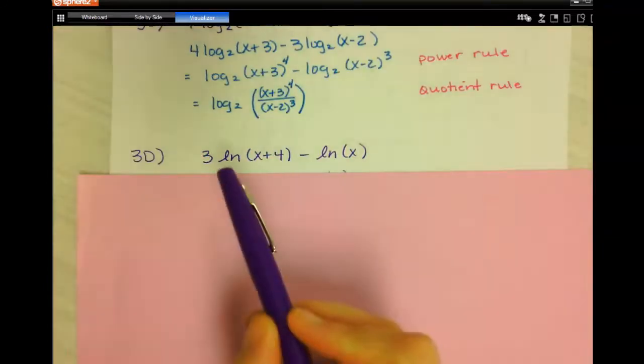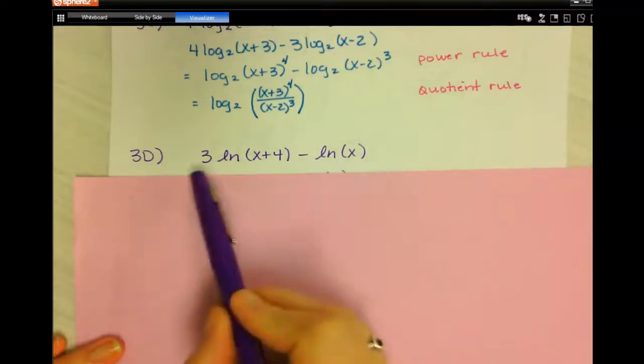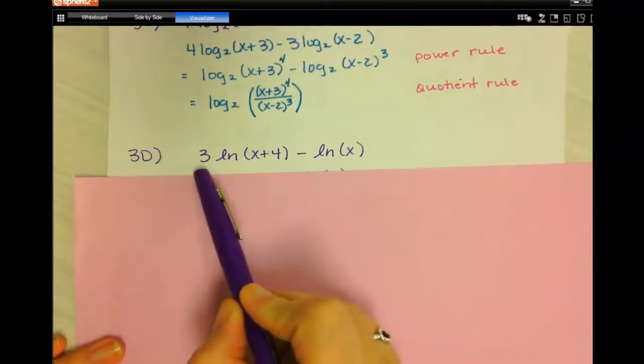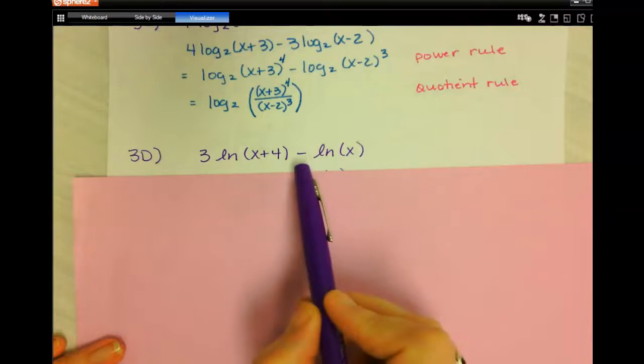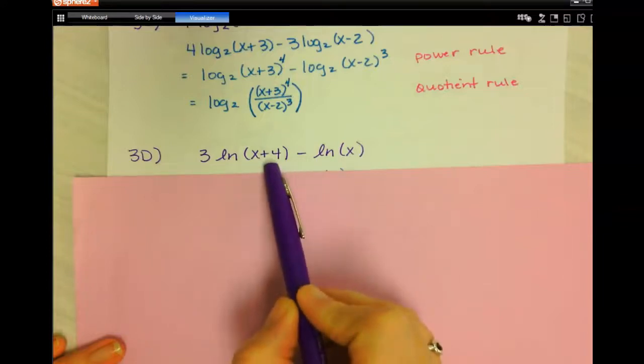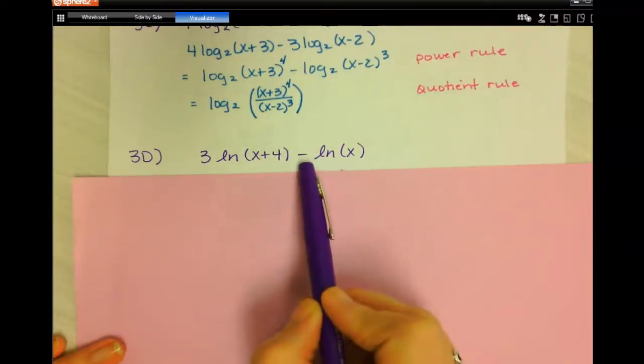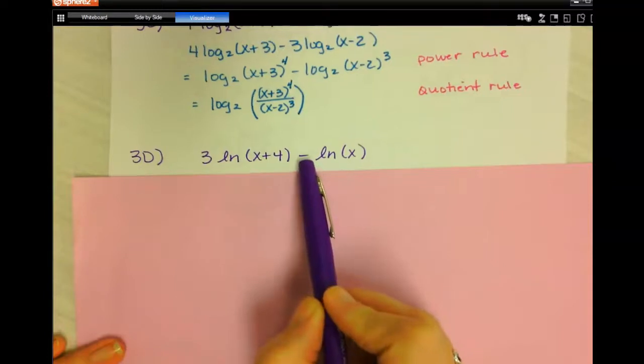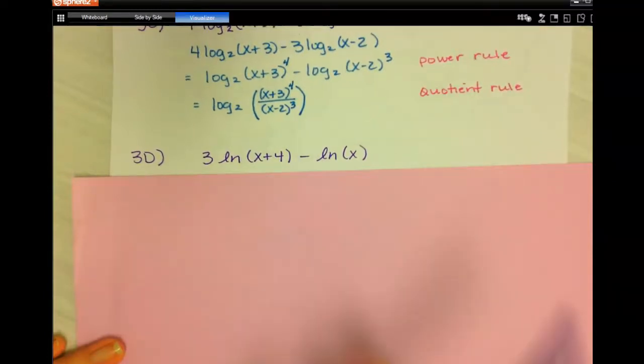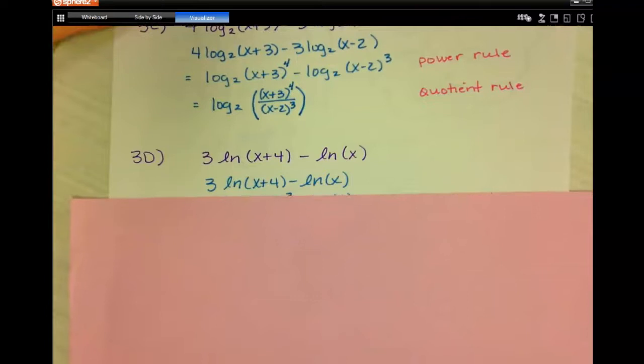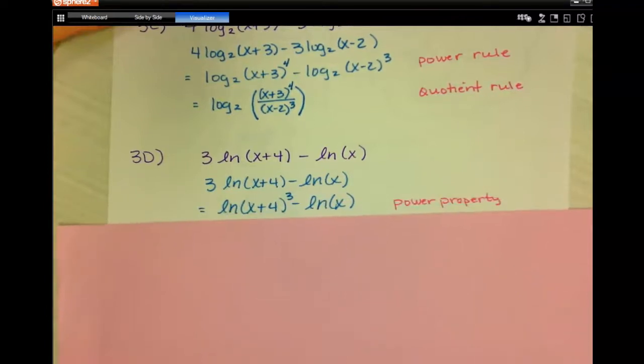Okay, so when I look at 3D, I can see that I have a multiplier here, so I'm going to have to apply the power rule first. I can see that this is plus inside, so there's no expansion there. I can see the two natural logs are connected by a minus sign, which means I'm going to have to divide their arguments. So the first thing I would do would be get that power back up where it belongs,